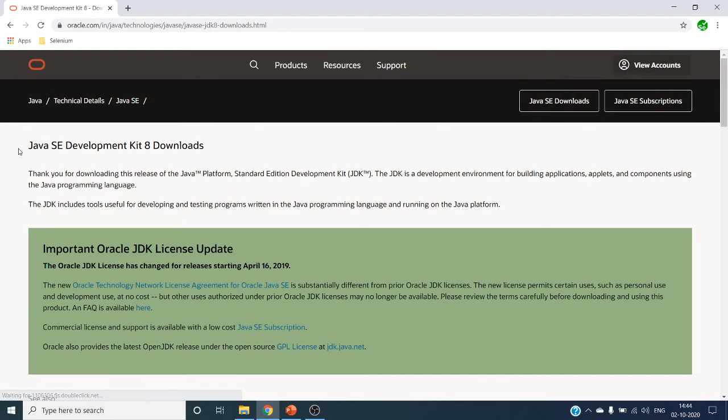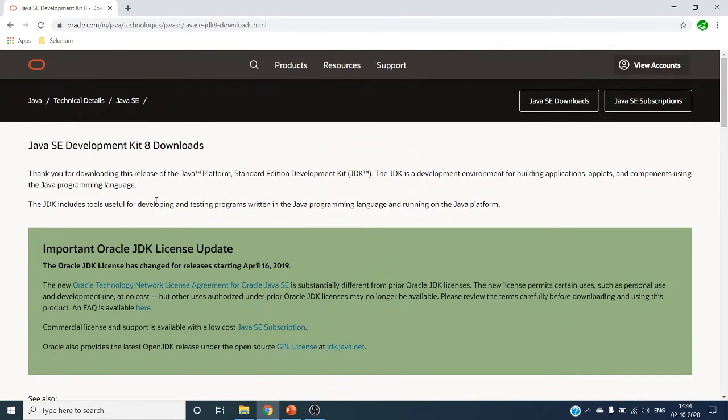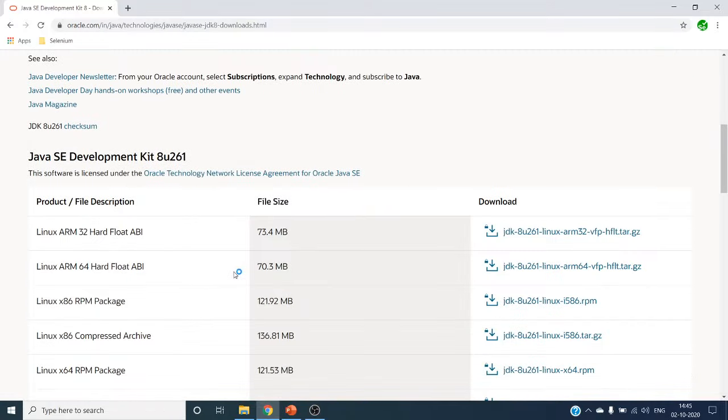It goes to that particular Java 8 details page. Oracle made this for commercial purposes. It's a licensed one, and we have to pay money. But for personal use or your personal skills development, it is of no cost, so you can use it at no cost. If you are going for a commercial version, we have to pay. For example, if your organization is using Java, they have to get a license from Oracle officially.